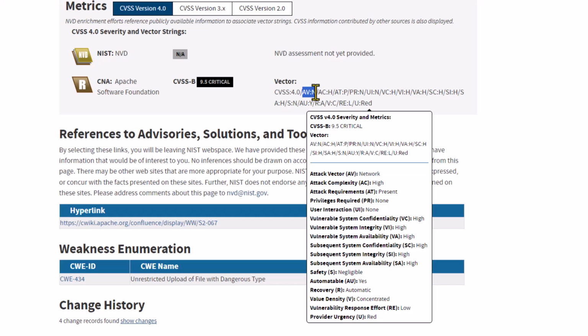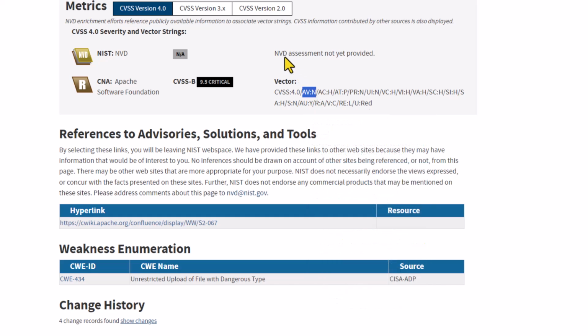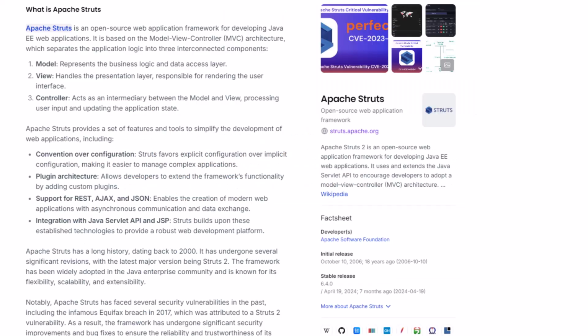So that's really the point that I wanted to make, was this CVE. You've got to know how to read these things. And it's pretty big. There's a lot to it. So I was wanting you to know about that. Now, I didn't know what Struts did. So I went out, I used the Brave browser, and I really like, I forget what they call it, Leo, I think is what it's called, whatever their LLM is.